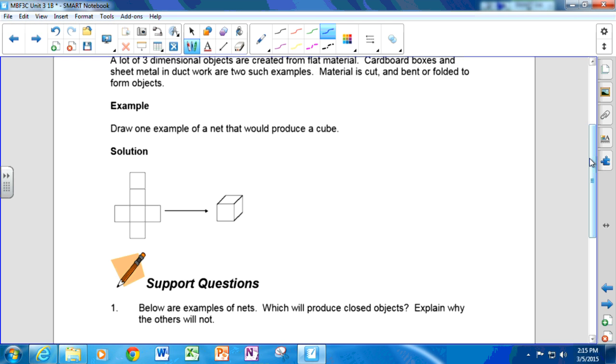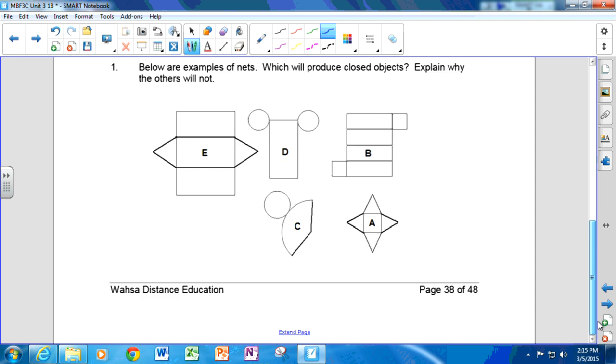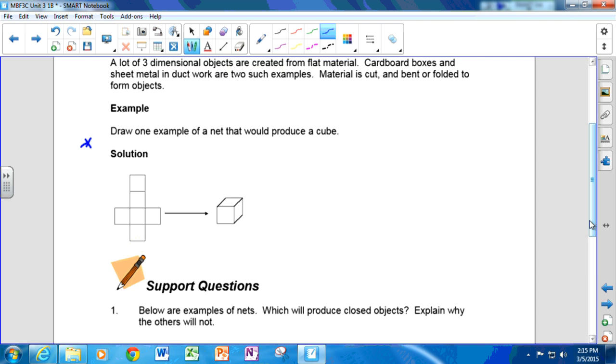Okay. Now, the nets are not necessarily one thing. There's not just one net for a box, right? You can have different nets. For example, this is on page 38. So they show one net for a box. You can sort of see that you fold this flap up, and then you fold that flap over, and that flap over, and then you'd fold these two over, and you'd end up with a box with a lid. But if I were to draw that net this way,